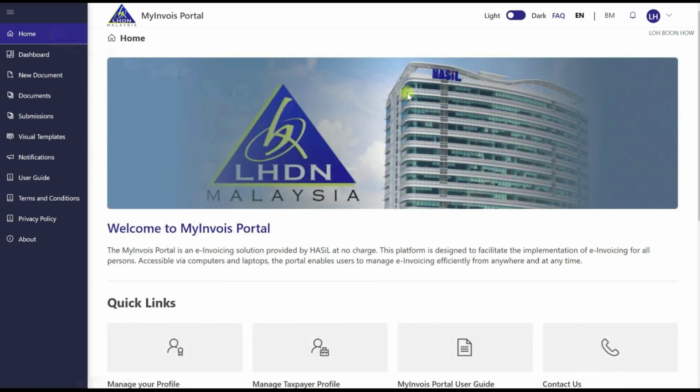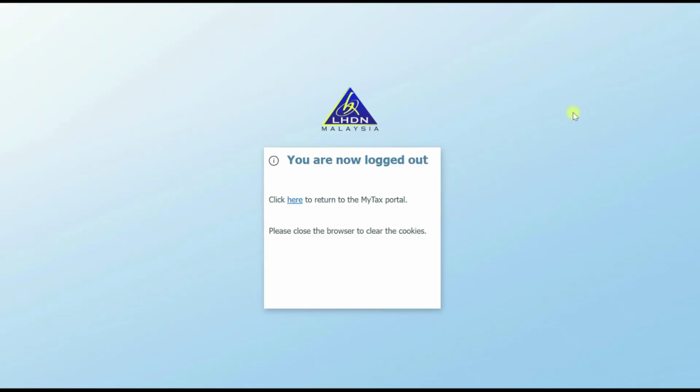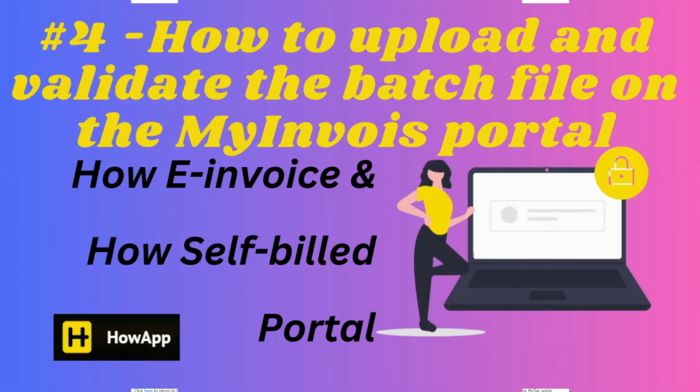Before I log out, I was returned to the home page, and finally a pop-up dialog box confirmed that I was logged out. If you need to learn more, I will also put a link on the top right corner,